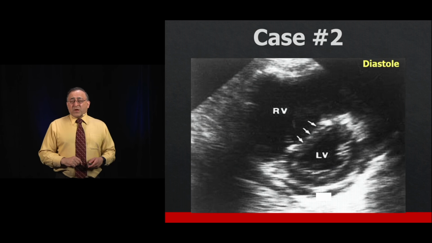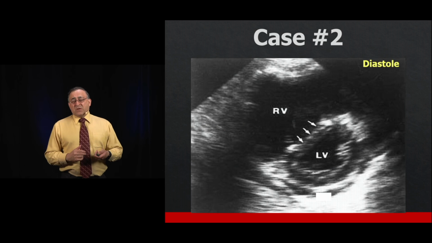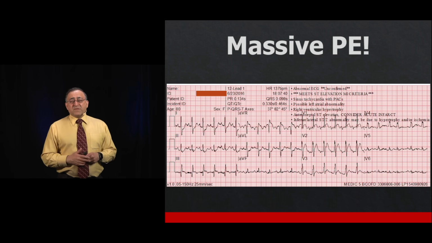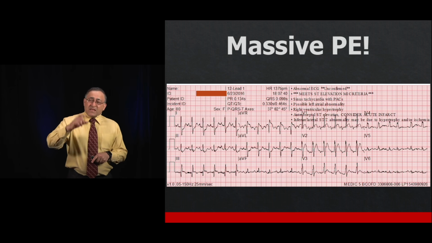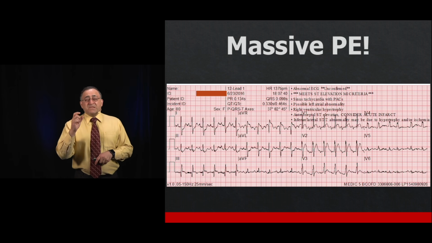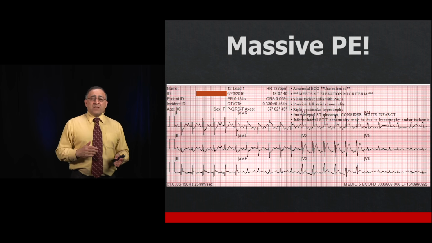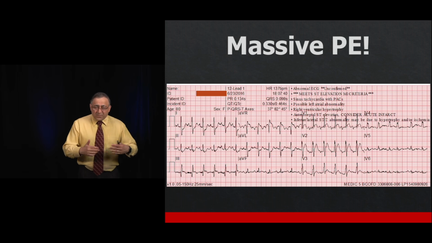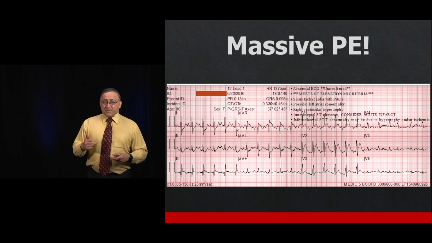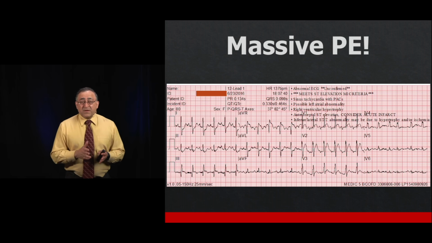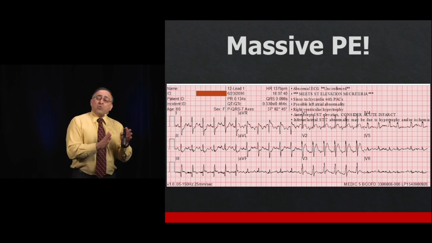So in retrospect, when we do a quick ultrasound, you see right ventricular distension. This patient has right heart strain. This was actually a massive PE. And your tip-off here is that even though this looks like a STEMI, STEMIs don't tend to produce rightward axis. So when you see that big S wave in lead 1, take a step away from STEMI and think about PE and hyperkalemia. The other thing that you'll notice here is that the ST elevation is primarily in the rightward-ish